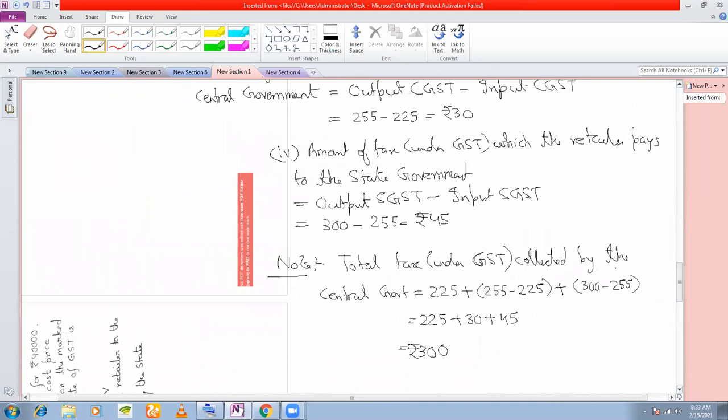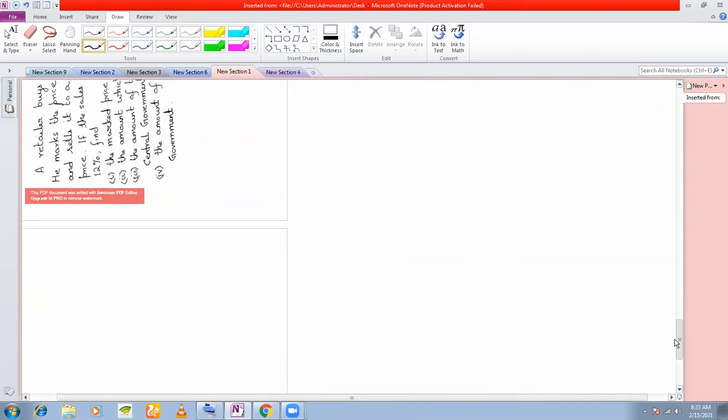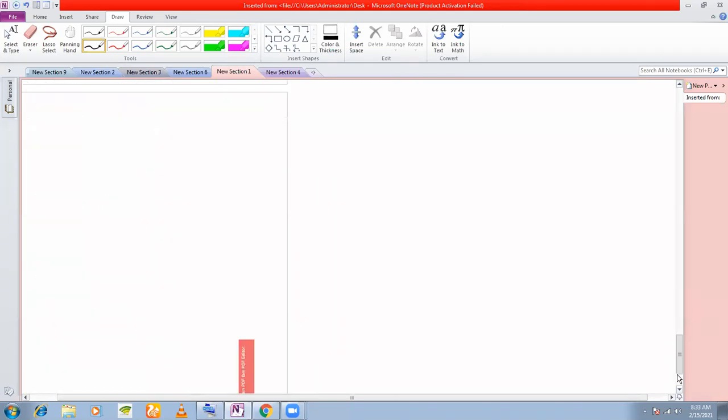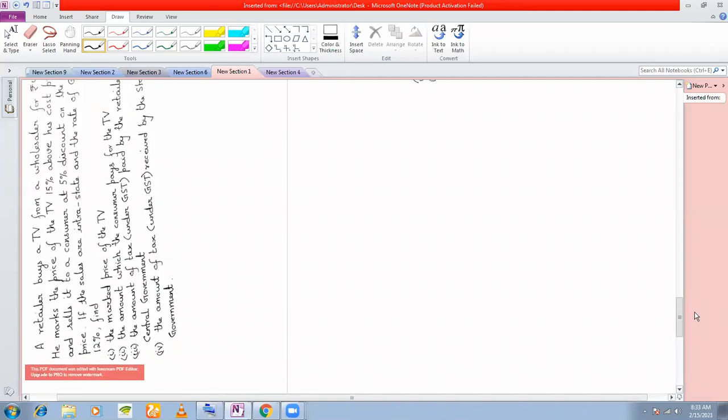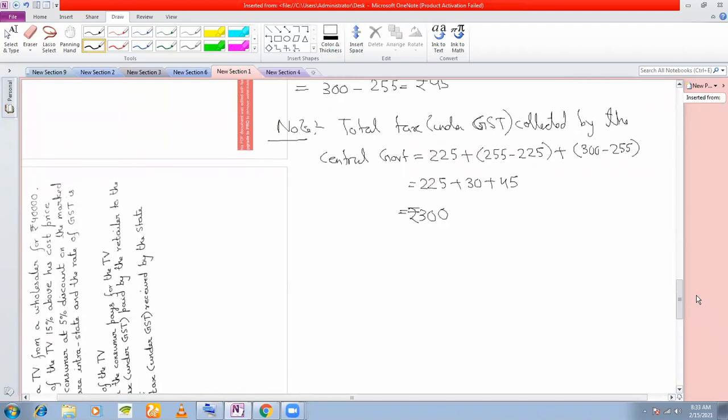So I'll stop here for today. I will not proceed with the next sum because GST sums are very long. I have to discuss only this problem in the next class. So I'll continue on Wednesday with the last sum. And then if the classes continue, I can proceed with the problems on quadratic equations, since you already know quadratic equations,